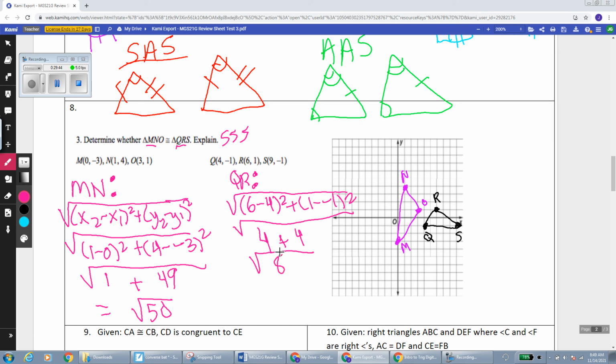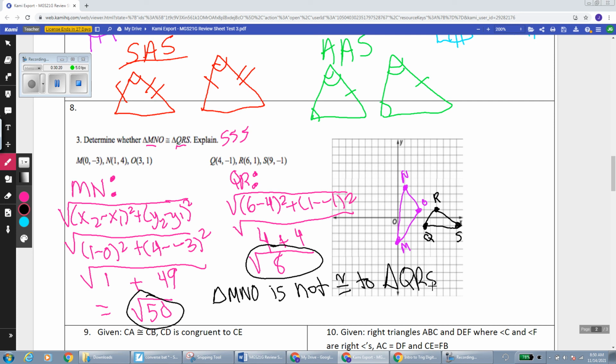So notice how these corresponding sides of the two triangles are not congruent to each other. They clearly have different numbers under the radical. Remember that we always end a coordinate proof with a concluding statement summarizing what our calculation showed. So here I can write down triangle MNO is not congruent to triangle QRS